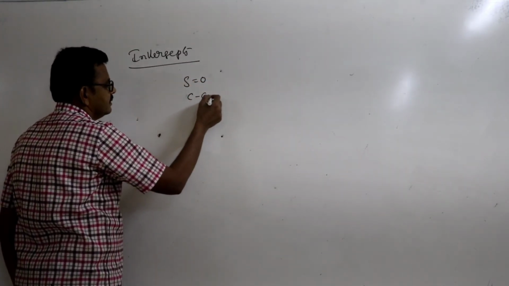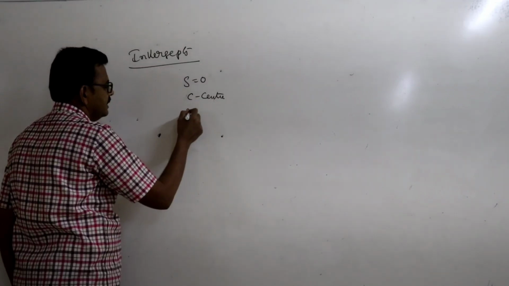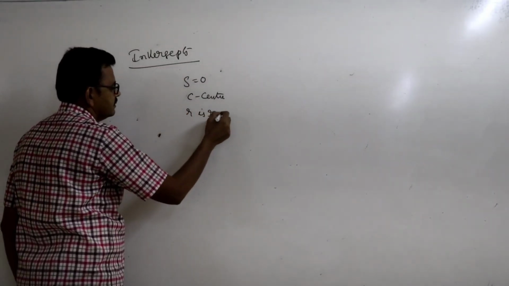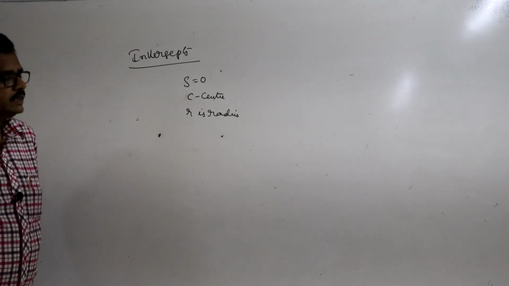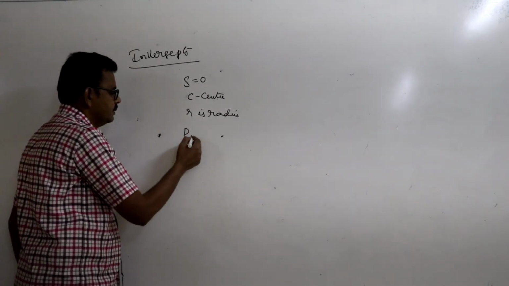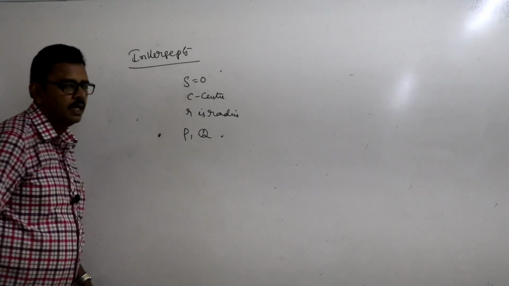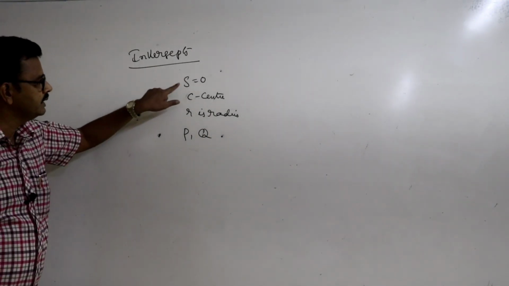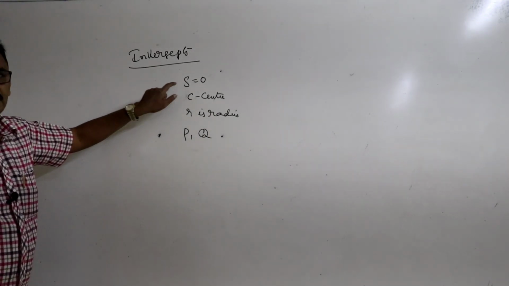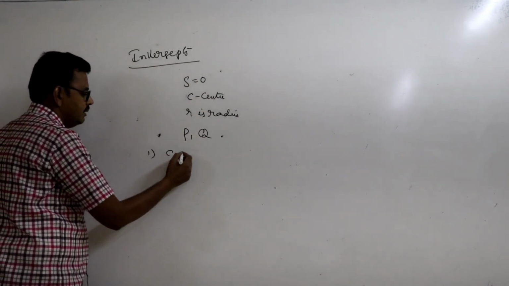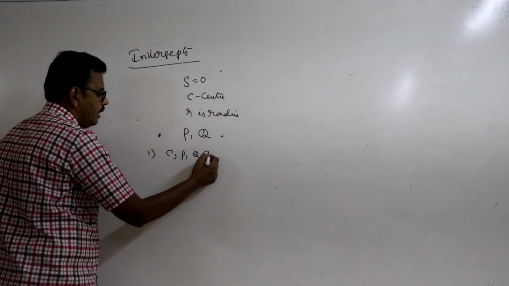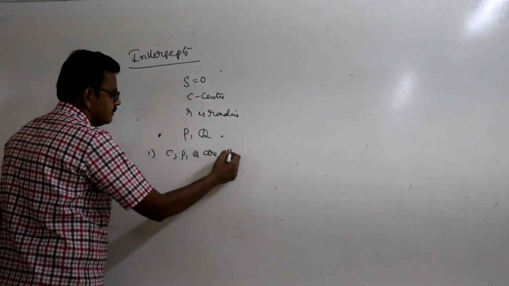C is the center and r is the radius. Two points P and Q are said to be inverse points with respect to the circle S = 0 if C, P, Q are collinear